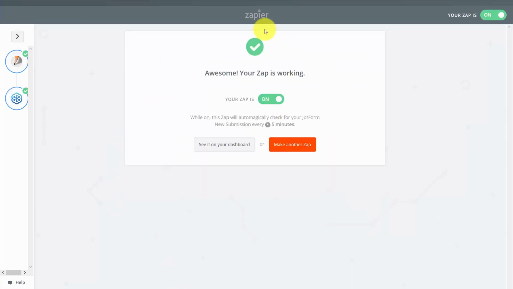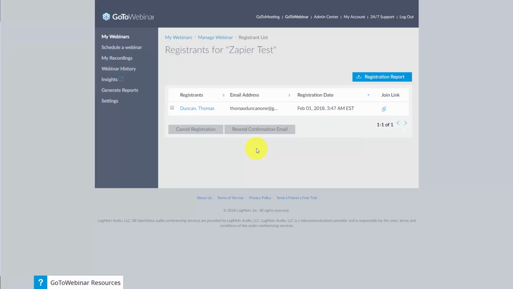Our Zap is then officially turned on, and our test was successful in placing the individual on